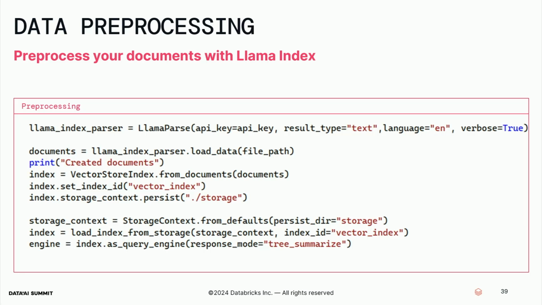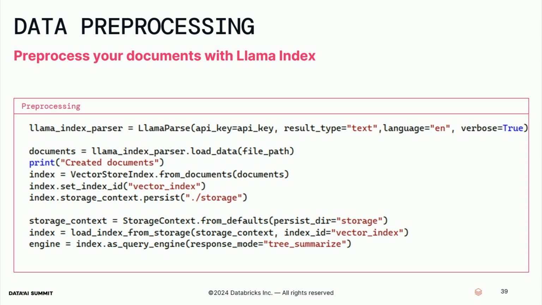How does that work? Well, for example, let's take some LlamaIndex code. So I have this initialized parser that I define, so that the llama parse object is created. We create and configure the index, so I have this vector store index created from the loaded documents and assigned an ID of vector index. We set up storage and load an index. So storage context is defined with a persistent directory and the index is loaded.